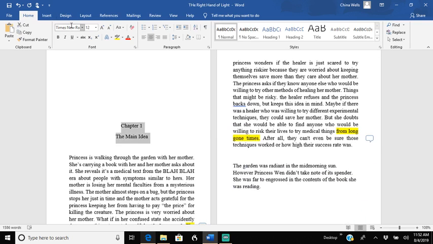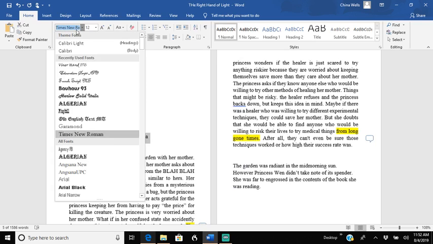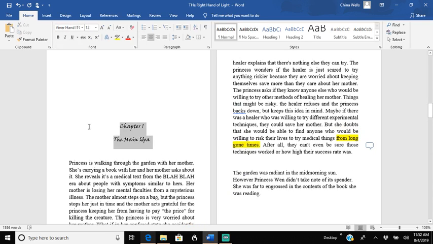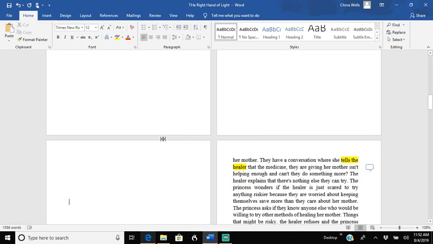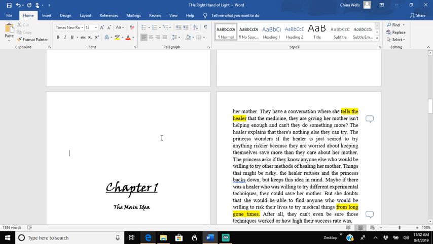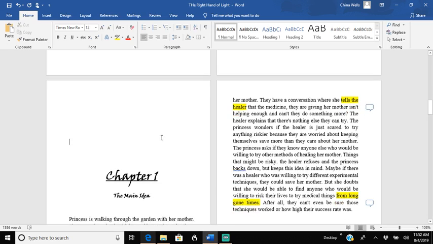So let's see, next one, we're going to go ahead and just do this to a couple of chapters so that you can see what it looks like. Bold, underline, 26. And if you look at professionally published books, you will